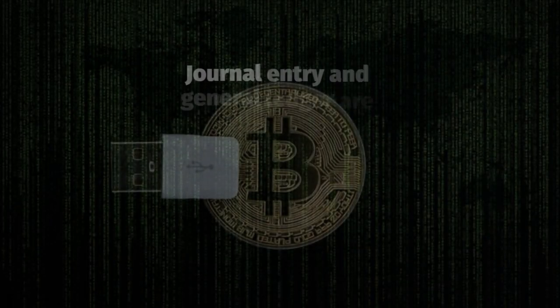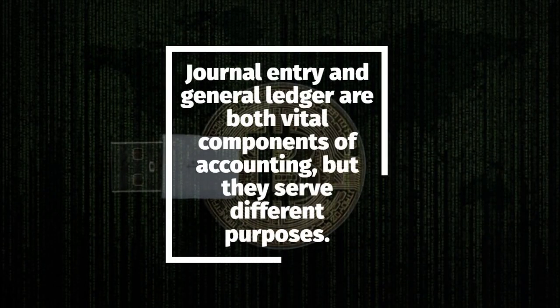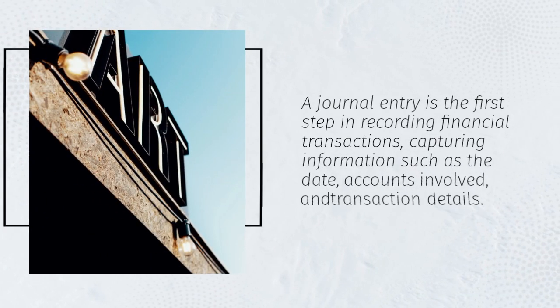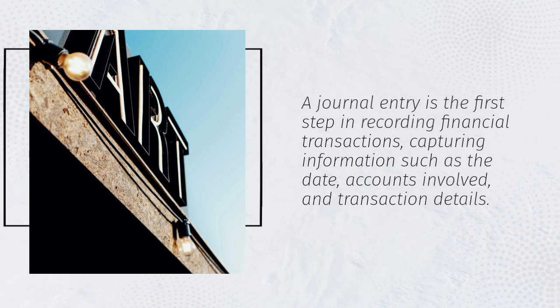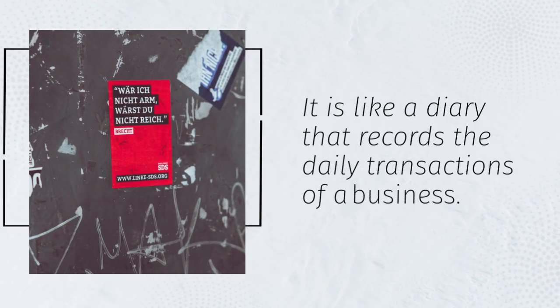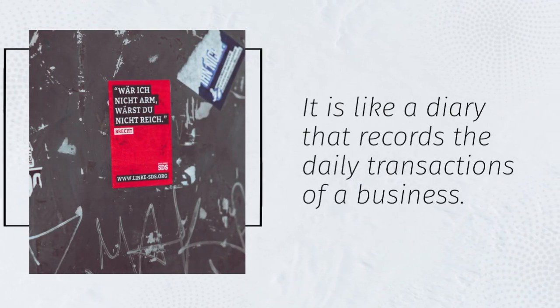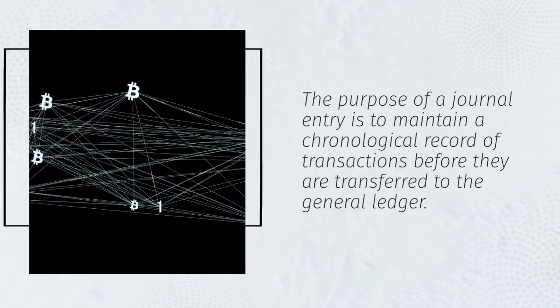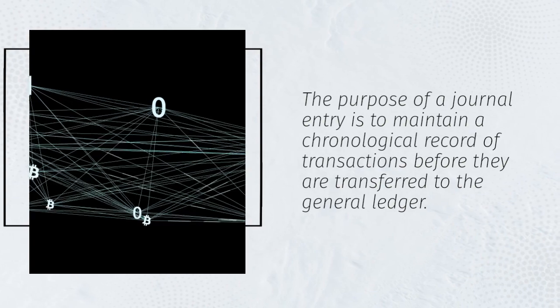Journal entry and general ledger are both vital components of accounting, but they serve different purposes. A journal entry is the first step in recording financial transactions, capturing information such as the date, accounts involved, and transaction details. It is like a diary that records the daily transactions of a business. The purpose of a journal entry is to maintain a chronological record of transactions before they are transferred to the